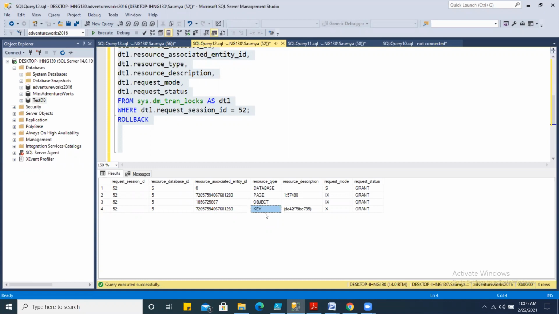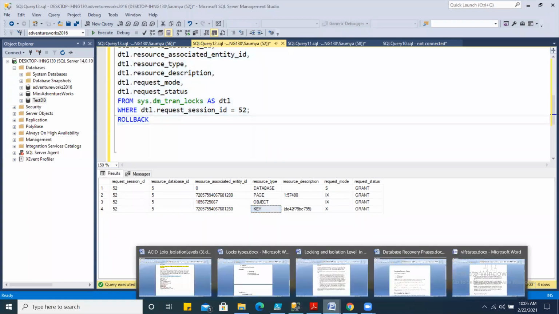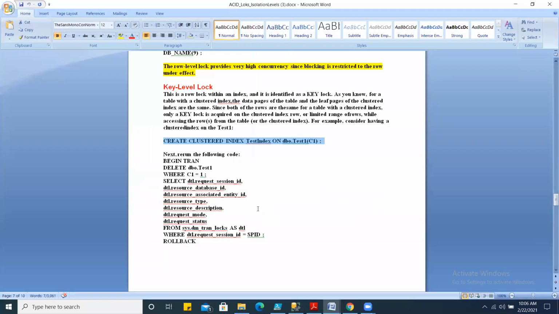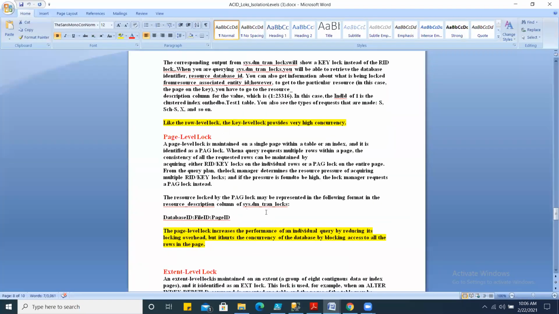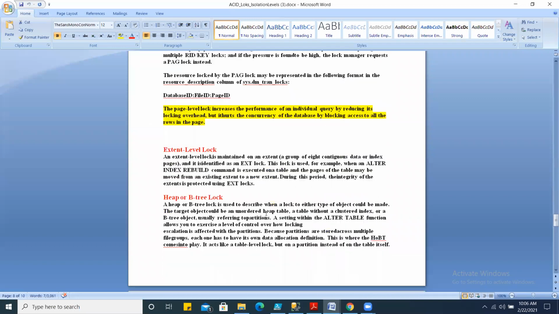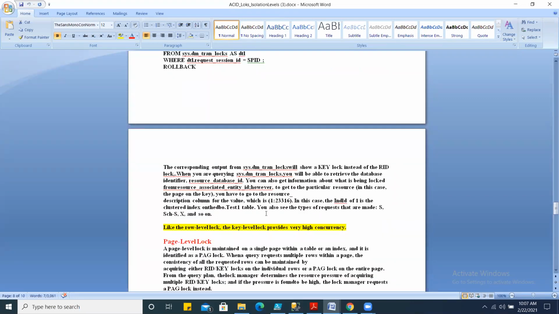One thing we didn't check. Okay, leave that. So these are the different kinds of resources you have. Let me check if I can show you more.